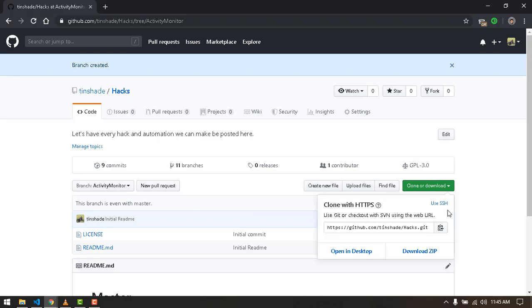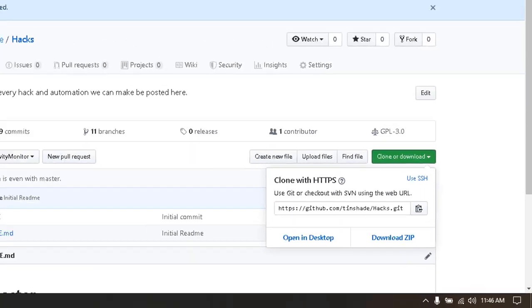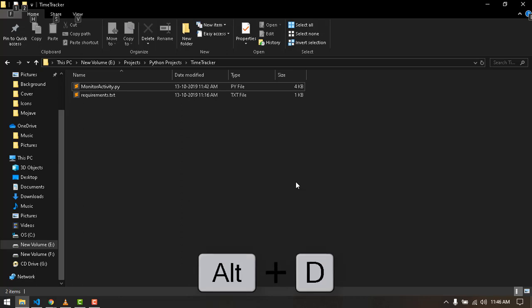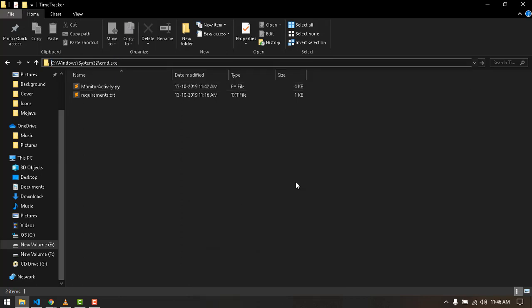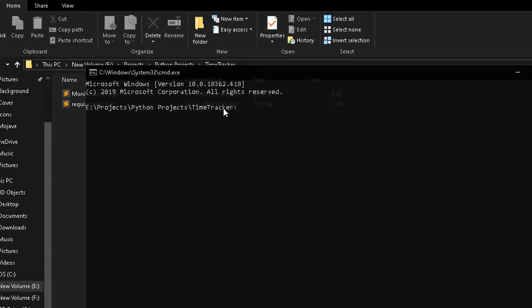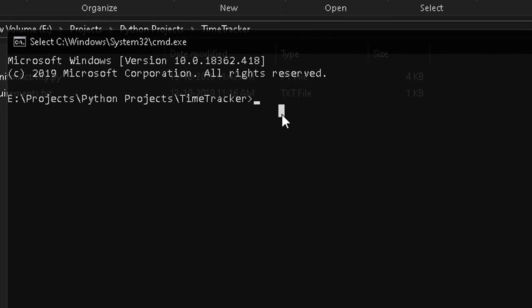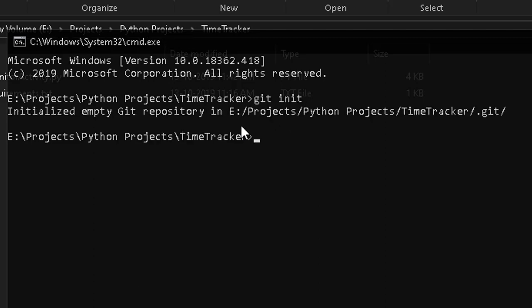And once I have this, I will just copy this like so and head on over to my Windows Explorer, and then all I'll do is hit Alt and D and then type in CMD, enter. This will open a command prompt in this window. That is exactly what we want. Now let's initialize GitHub, and don't worry, all the commands I'm using will be in the description so you can follow along. Now git init, so you are initializing an empty GitHub repository in this,